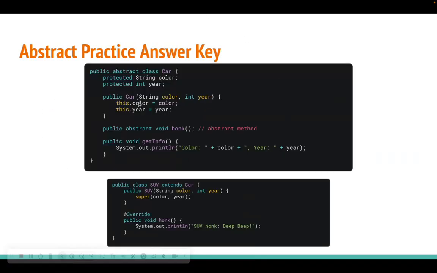So this is one example of how you might have done this. You can go ahead and create the String color, int year, and then just use those in your constructor here. Then you create an abstract method called honk. Then you can create this method getInfo, and you can just put the contents of it,